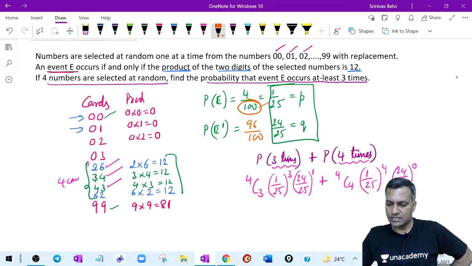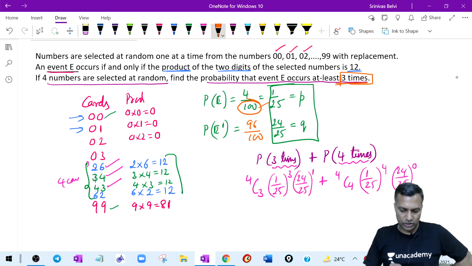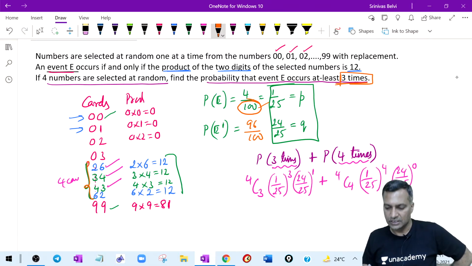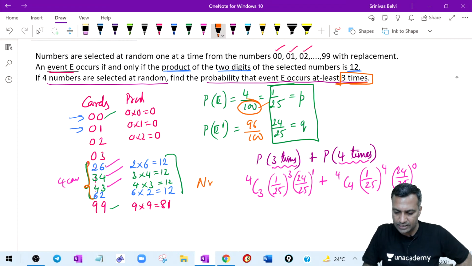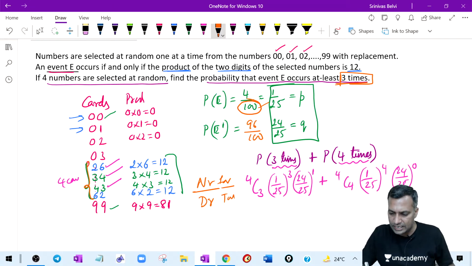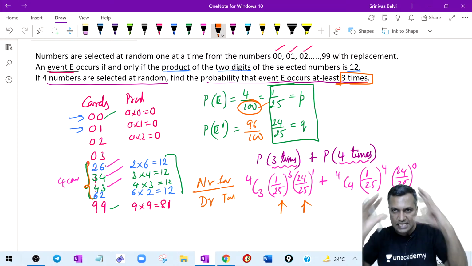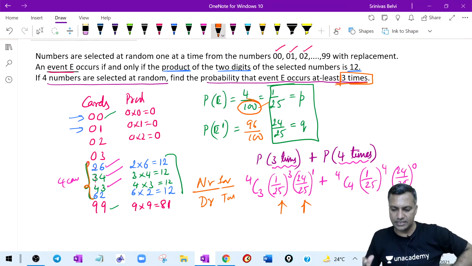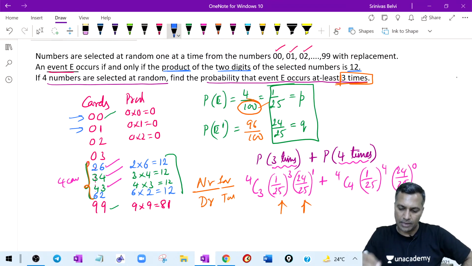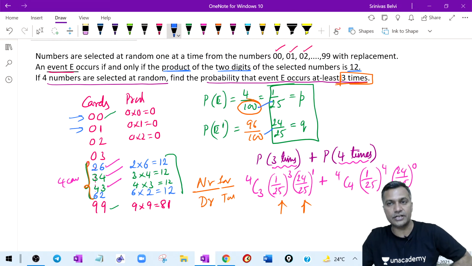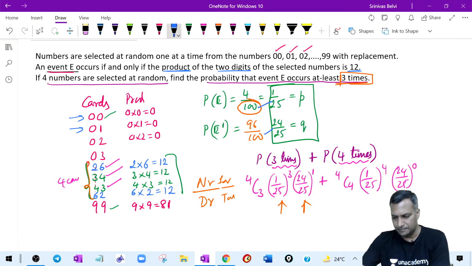Right? When it is at least 3, you got to get 3 cards out of this. See, you are not writing numerator and denominator, my friend. Be careful. You are not saying that my numerator is the favorable case and denominator is the total case. You are already expressing all of it in terms of probabilities. You are writing the composite probabilities in terms of probability. And while calculating that probability, already 100 has been considered. Clear? Got it? Crystal clear?